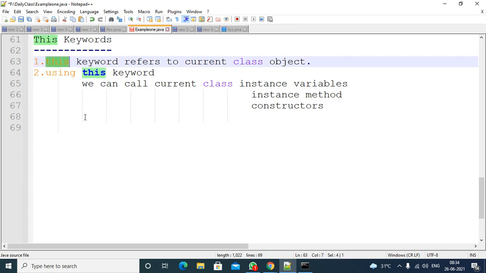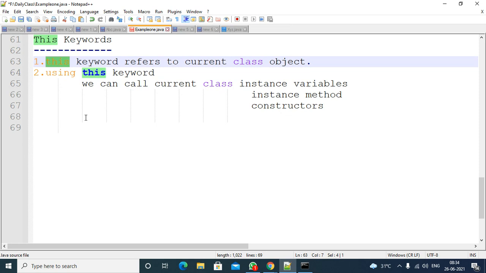So what is the use of the this keyword? First point, using this keyword you can call current class variables. I explained with one example. If the local variable names and the instance variable names are both the same, in that case by using this keyword we can separate them. If you want only instance variables, then you can apply this dot.